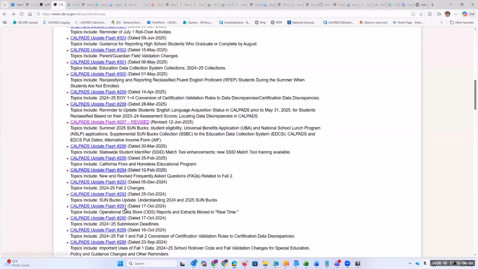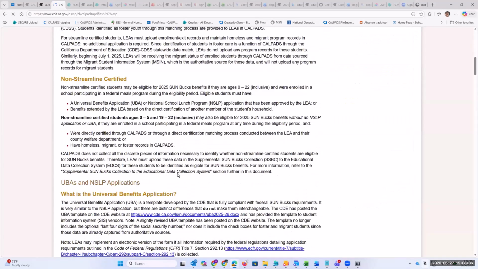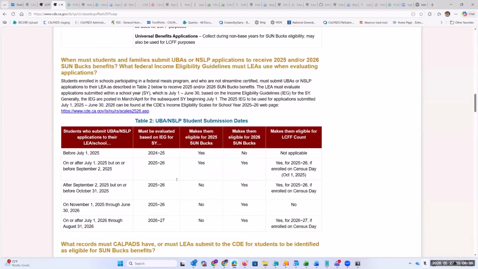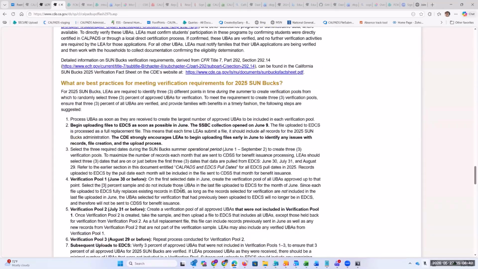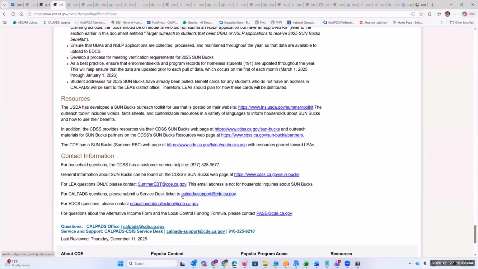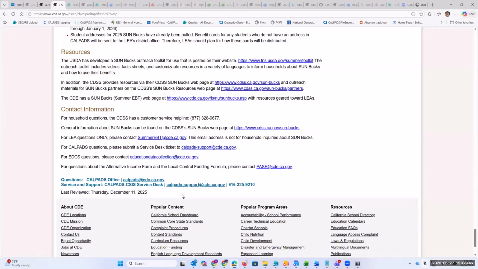I also see the question was just lengthy and I couldn't keep up. I see Rebecca's comment that CEPs are not allowed to collect NSLP applications. That is correct, Rebecca, but they do collect the alt income forms. But to Matt's question and Angela's, I wasn't following the connection to Sunbucks because I didn't explicitly hear Sunbucks mentioned.